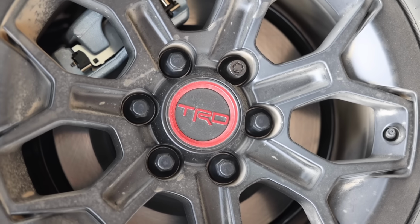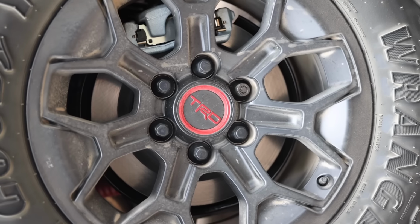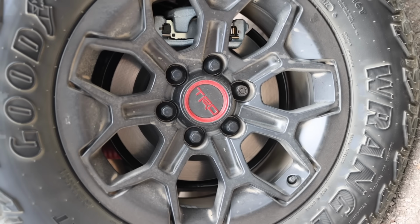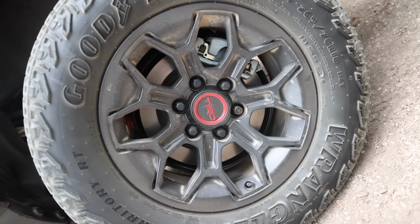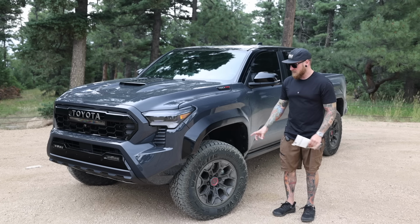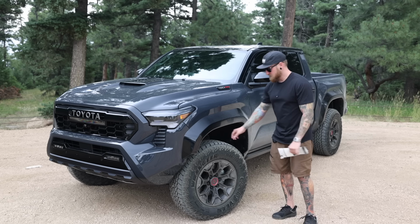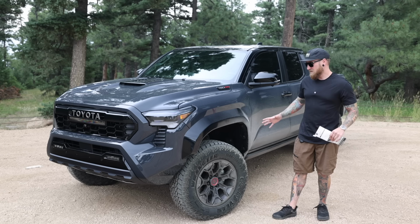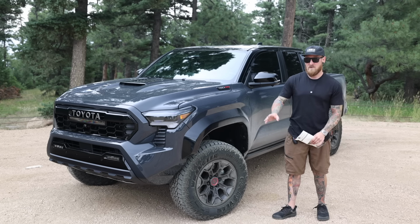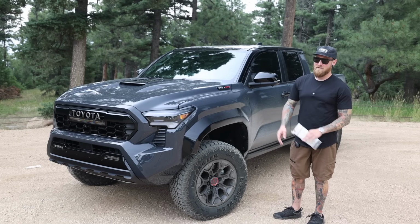I actually really like the TRD Pro wheels. I actually looked for a set of these for my Tundra because I think it's just cool to kind of keep the OEM factory look. However, the offset isn't the greatest. I want the stance to be a little bit wider, and the offset has changed quite a lot from the 3rd gen to the 4th gen. So I do have some new wheels and tires coming, and that will probably be like all I really touch up here. The suspension so far has been phenomenal, and I'm gonna try to get my money's worth out of